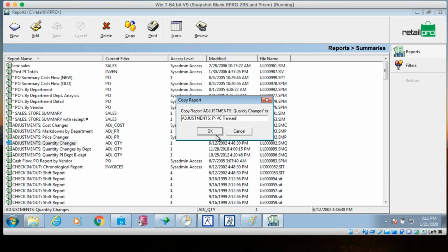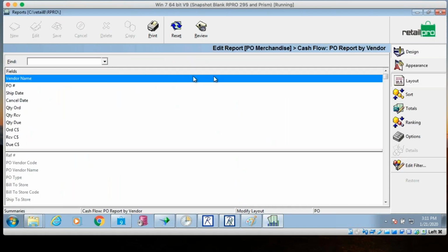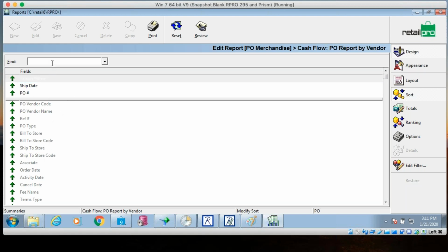Now, I could have just copied the department code easily, but I'd rather work on it from scratch so that we get a little bit more information here, right? So sort is drill down, sort is level of detail. Sort is not necessarily alphabetizing, because this report is not going to be alphabetical. It's going to be by value. It's going to be ranked, right? But the object being ranked is defined by the sort. So for me, that object would be,